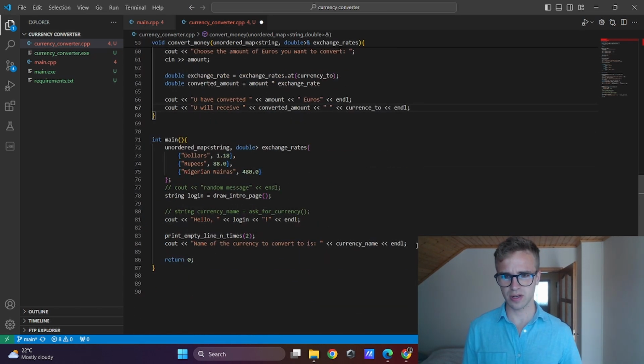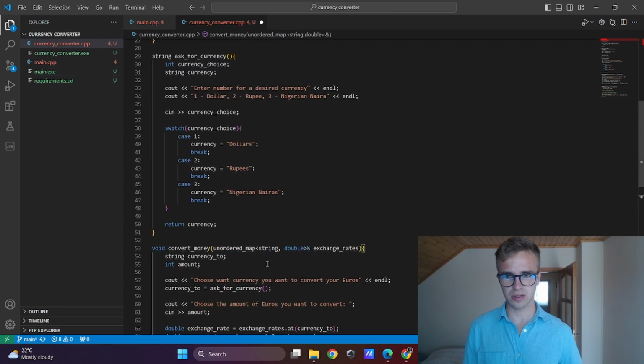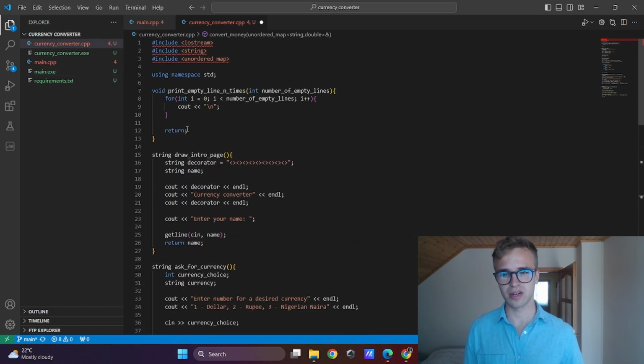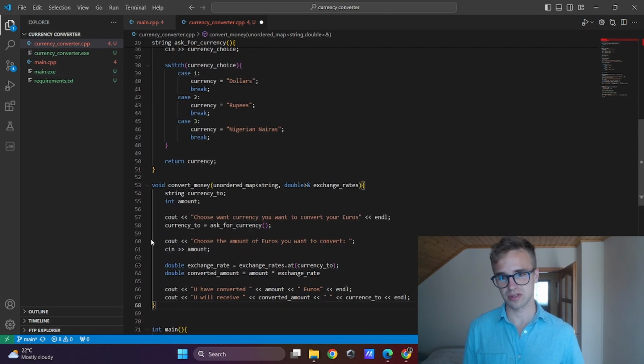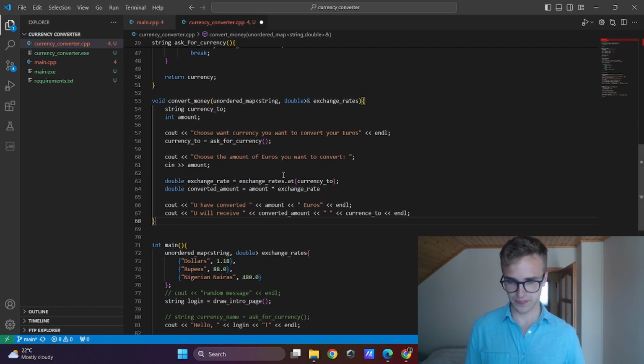This should be working. This will return nothing. I don't need to write this return with semicolon. I just can keep it like this.